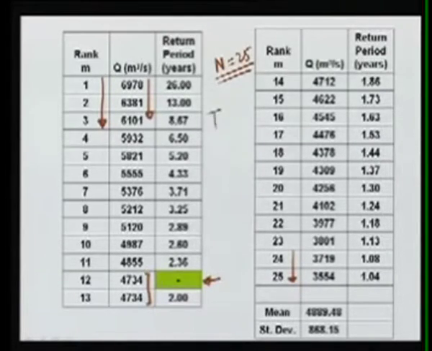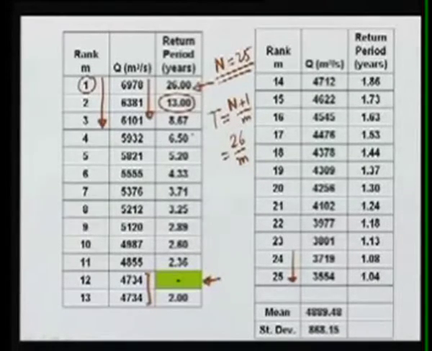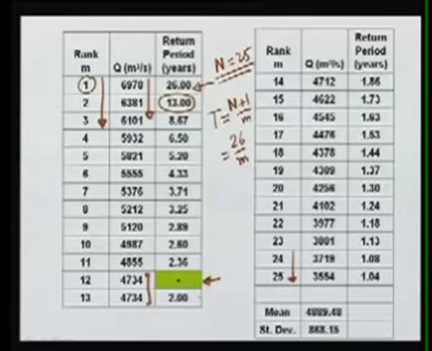So the return period would be n plus 1 divided by m, or in this case 26 divided by m. So for the first it will be 26 divided by 1, 26 divided by 2, and so on. So we can compute the return period for each flow, and since this return period represents the flow being equaled or exceeded, when the two values are same, we assign it